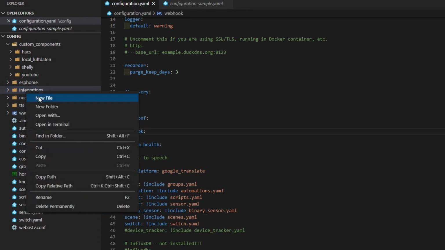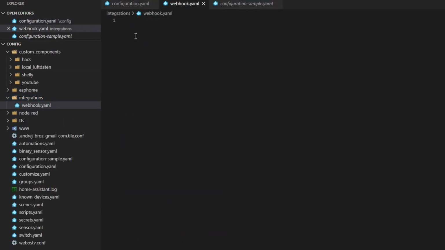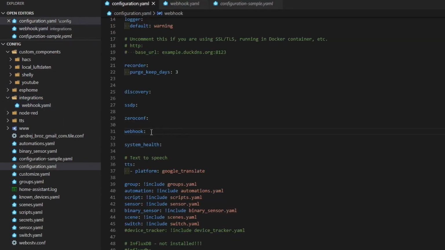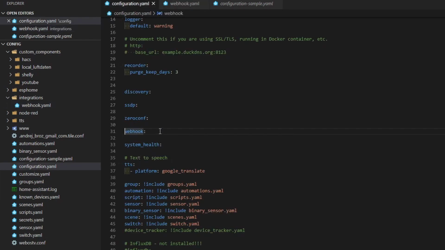Click on the integrations folder, create new file, call it webhook.yaml. Okay, and we will copy this into the webhook file. Now that we have added this here, what we have to do in our configuration.yaml file, for now, let's comment